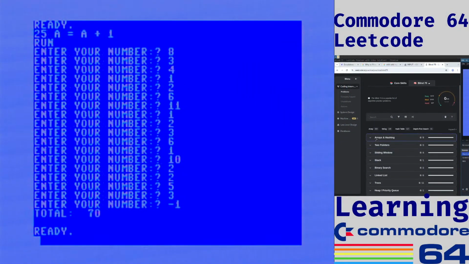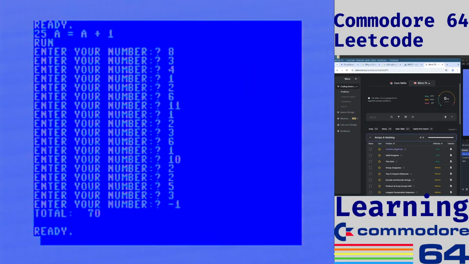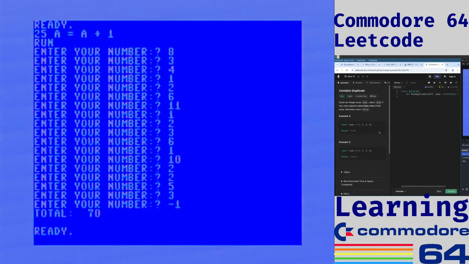All right, I guess we'll start at question 1. Given an array nums, return true if any value appears more than once in the array, otherwise return false. Okay. So,